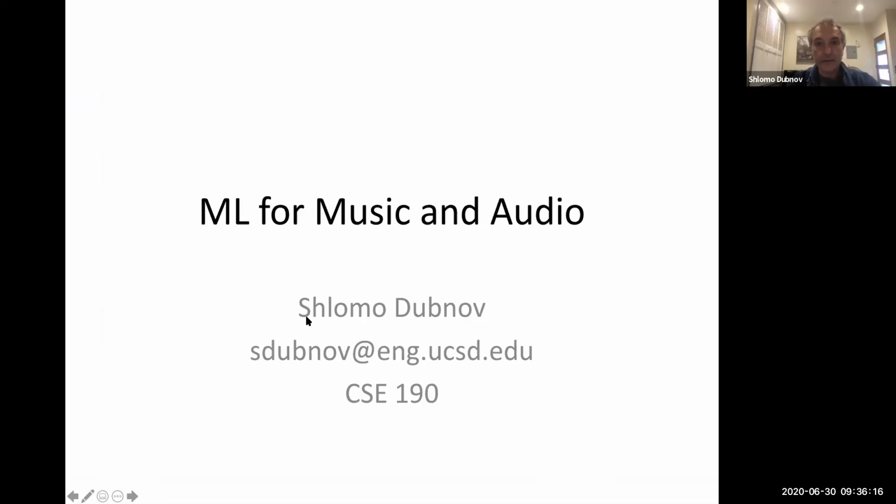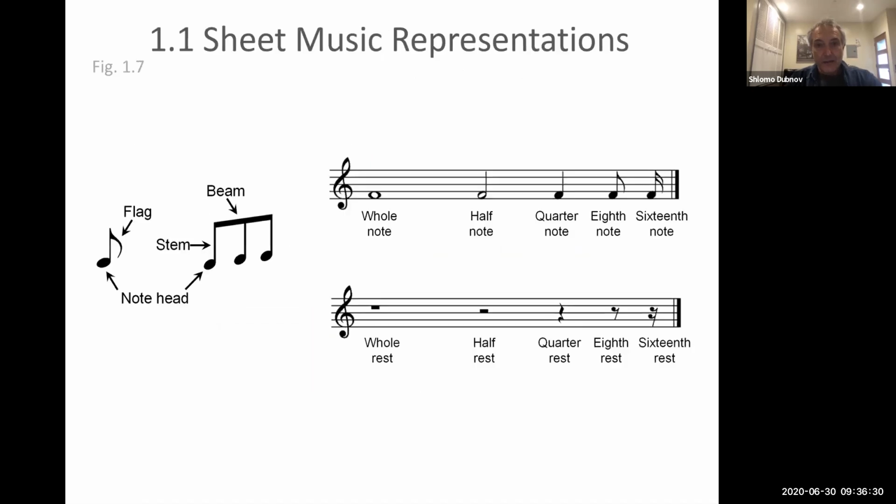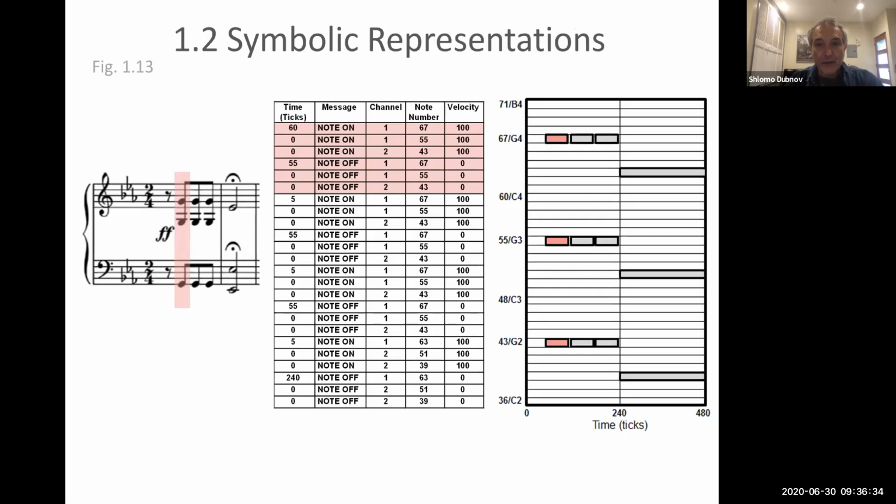Okay, so let me first find where we stopped last time. We did basically these topics of the first day, and we definitely did the first two, the representation of the features. So as I browse, we spoke about the notation,